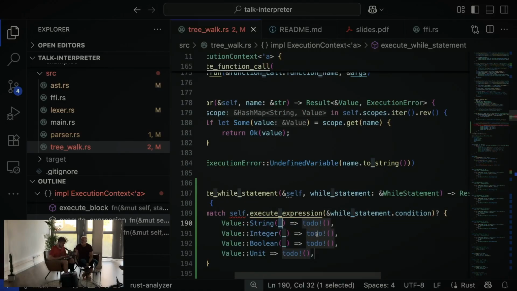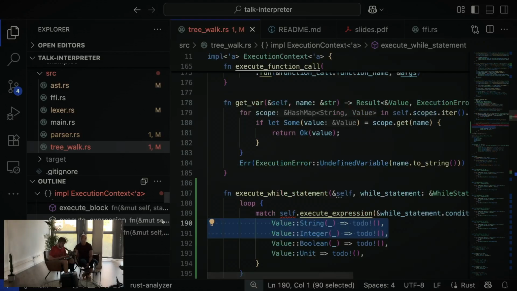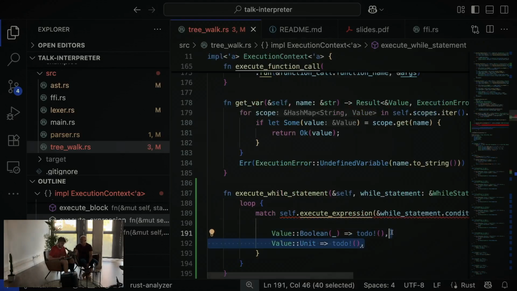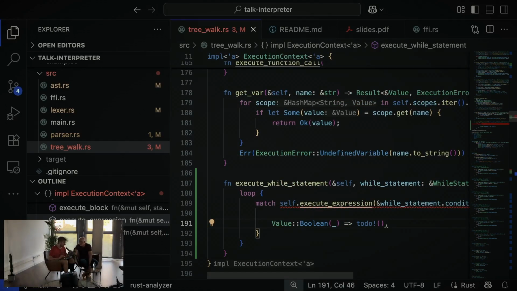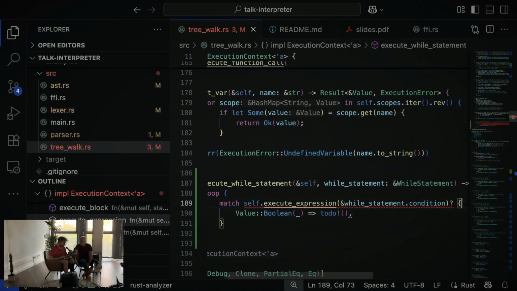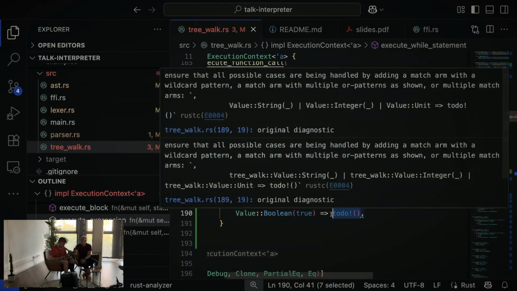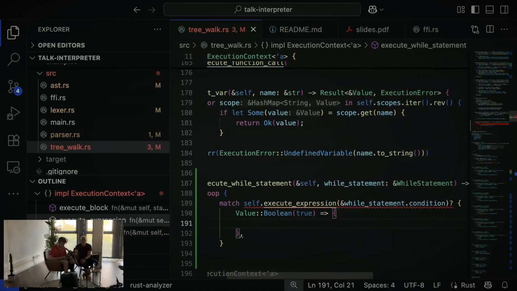Let's fill those arms. This is the part where it gets fun. For instance, it's a generic expression, right? This could just be a string literal, and we would parse that, and it would work. But in that case, we want to say, hey, we cannot do a while statement with that. So let's just handle the first two acceptable cases, which is if this is true, we execute the block, which is like this